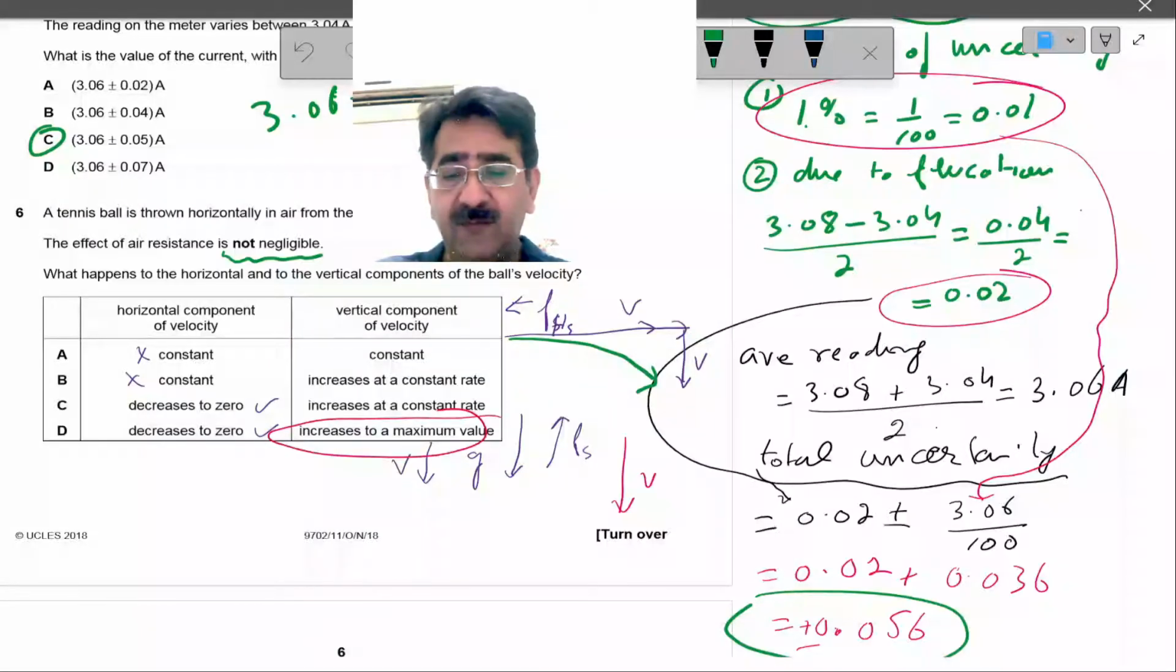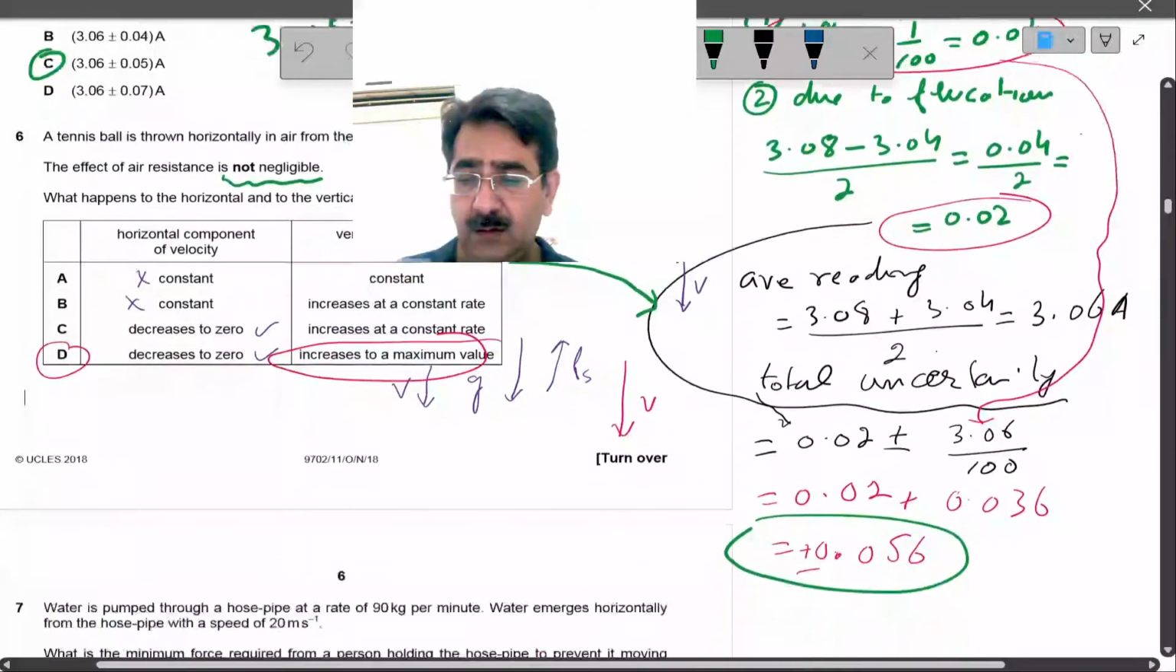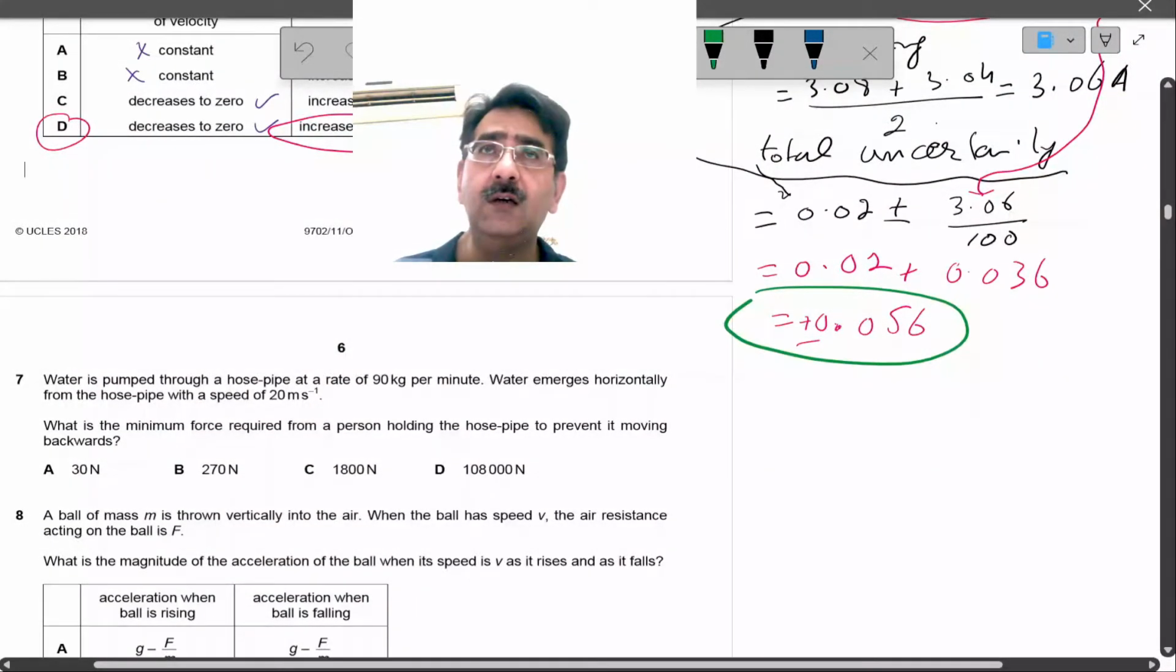So the maximum value. Okay, so that will be the answer. The answer will be D. Now move toward question number